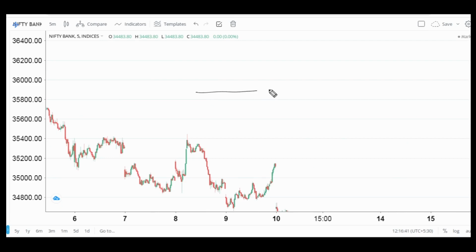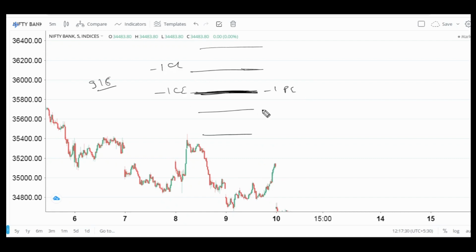So let me again explain. Let's not write plus 200 or plus 100 here, or if someone wants plus 300, let's keep it simple. This is the upside level, this is the downside level. So initially suppose this is our 0 level at 916, the ATM straddle or 916 round price. So we'll sell one call and one put, so it's an ATM straddle, and one out of the money call and one out of the money put. Okay, suppose the market went up, we will quickly see the adjustments.